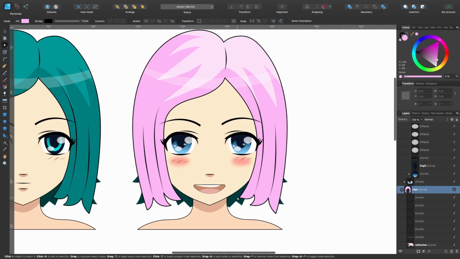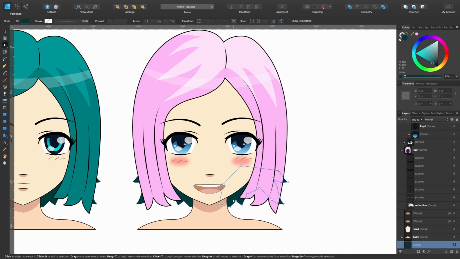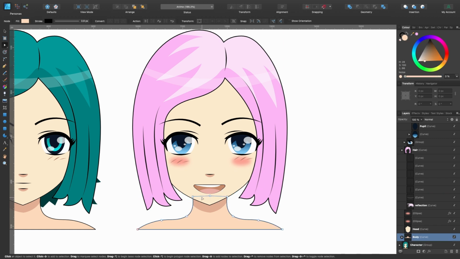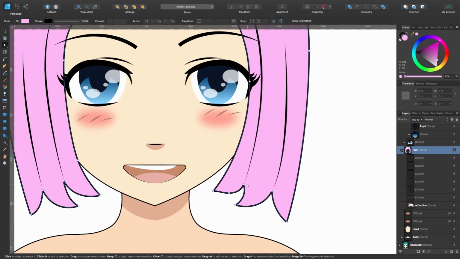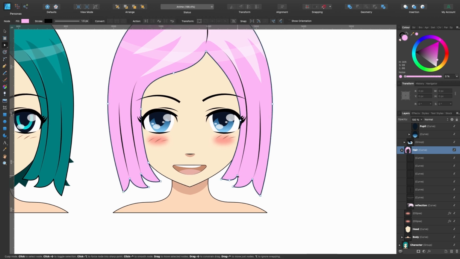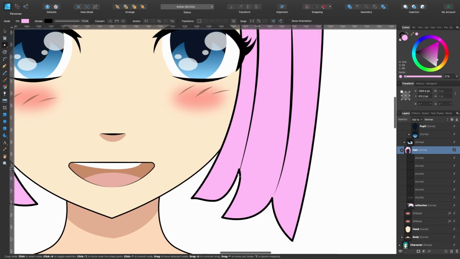And the other thing we can do is get rid of this at the back here, this green hair, and I will straighten up. And I'll sort these bits out so it looks slightly different. So I'm going to drag that up here, and I'll just kind of play around with this and forward it.